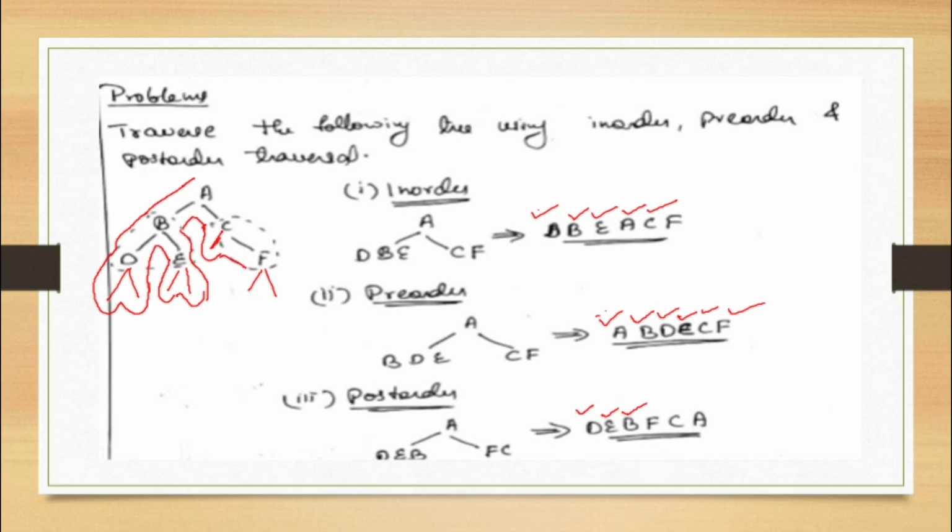Okay, then I come back down, so I visit F for the second time, so I have to put it in the in order. Then I visit F for the third time, so I have to put it in the post order. Then I go back and I visit C for the third time. I have to put it in the post order. And finally I visit A for the third time, so I have to put it in the post order.